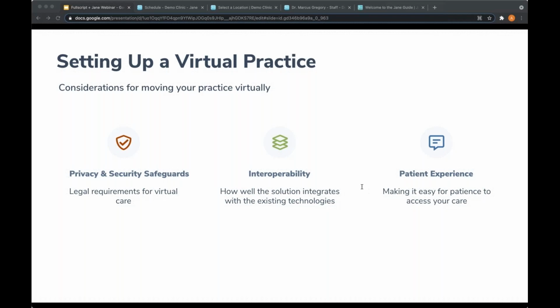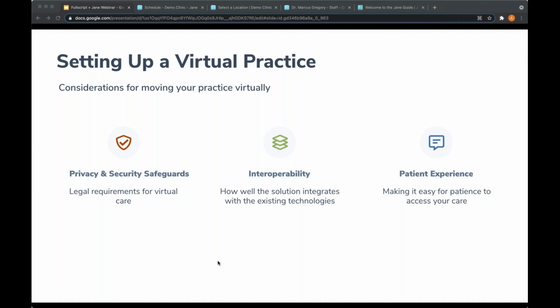Now, the second point here is interoperability. What I mean by that is how well the tool integrates with existing solutions and systems that you already have in your practice. Why is this important? Well, some of the benefits of having a well-integrated practice are increased practice efficiency. Presenting data to care providers in real time and in a consistent manner can boost efficiency across the practice itself, which leads to fewer medical errors because the practitioner gets a complete picture of their patient. And then finally, it increases patient experience. And this ties into our last point here.